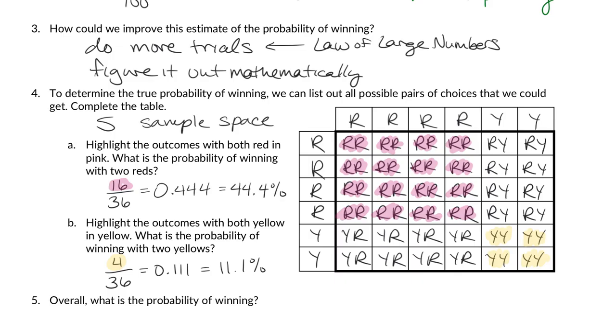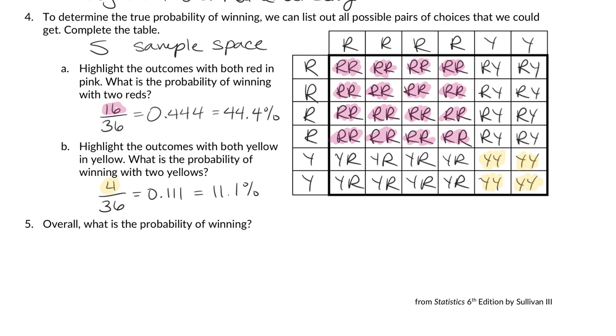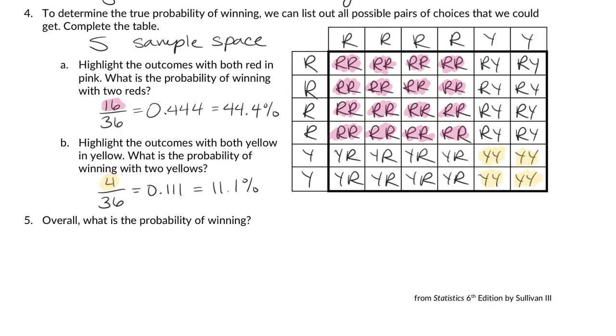Now the sample space is helpful for us to find a different type of probability. Remember earlier, we did empirical probability when we were going off of our actual experiment. But question number 5 here asks us overall, what is the probability of winning? We can either win by red, red, or we can win by yellow, yellow. So we would add the probability of winning by red, red with the probability of winning by yellow, yellow, or simply count up the number of things we highlighted, right? We highlighted in total 20 different things, which is 16 plus 4. We have the wins from the reds and the wins from the yellows. 20 out of 36 is our actual probability of winning, which is 0.555 or